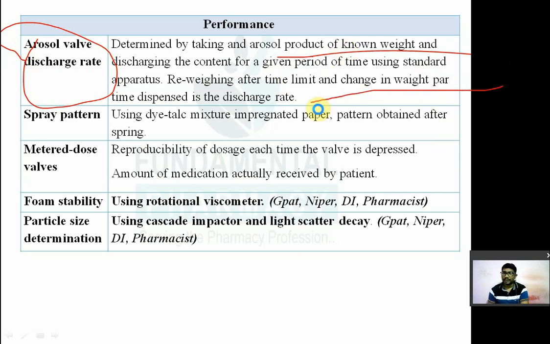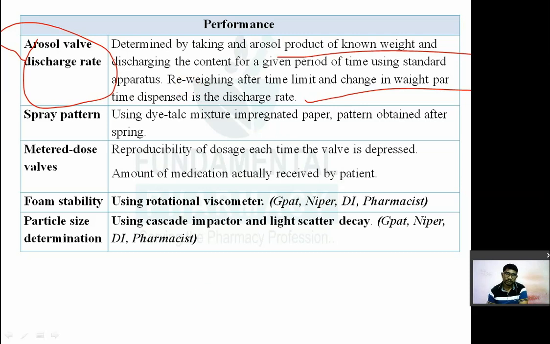पहले क्या करना है कि पूरा एरोसोल लेना है, ओके, उसका वेट करना है कंटेनर के साथ में, तो बाद में पूरा उसको एक बार में 1 मिनट तक आपको उसको स्प्रे करना है, ठीक है, जैसे मान लीजिए 1 मिनट तक स्प्रे किया आपने, पहले वेट था और स्प्रे करने के बाद में फिर से वेट करना है, तो वेट लॉस पर मिनट इज नथिंग बट द डिस्चार्ज रेट, वाल्व डिस्चार्ज रेट।